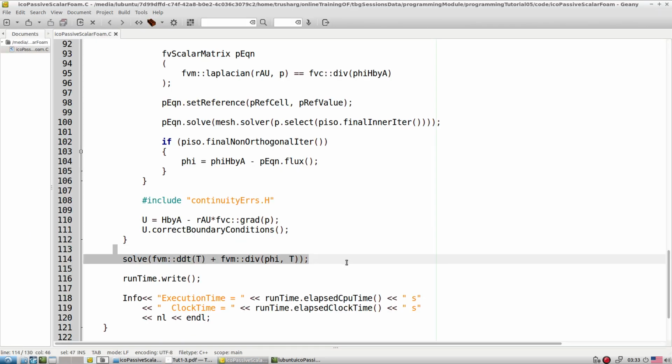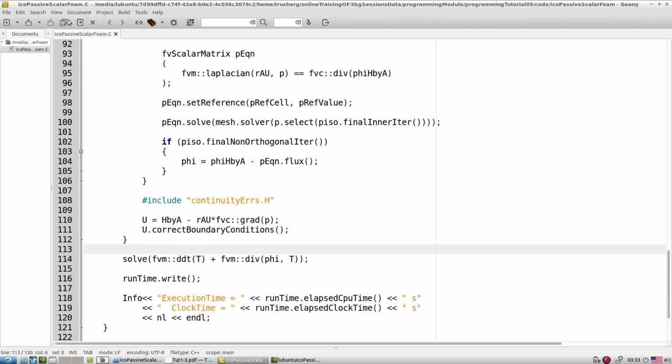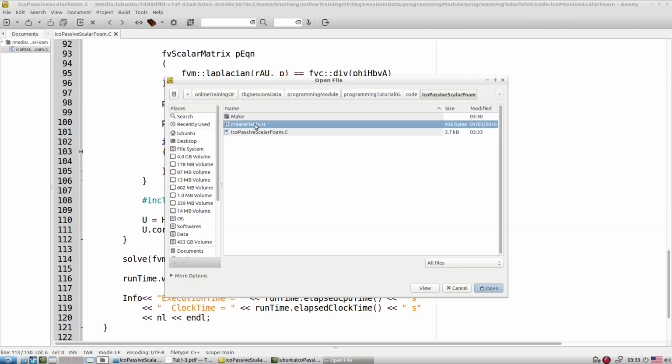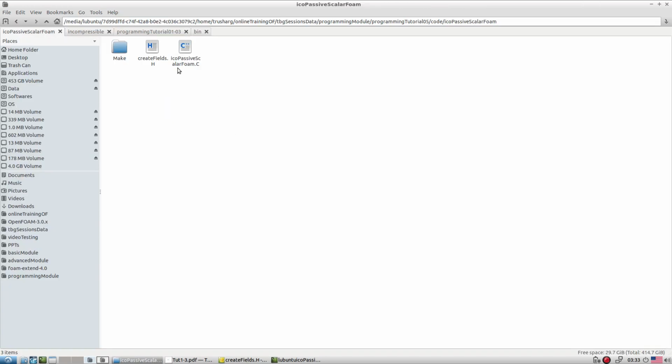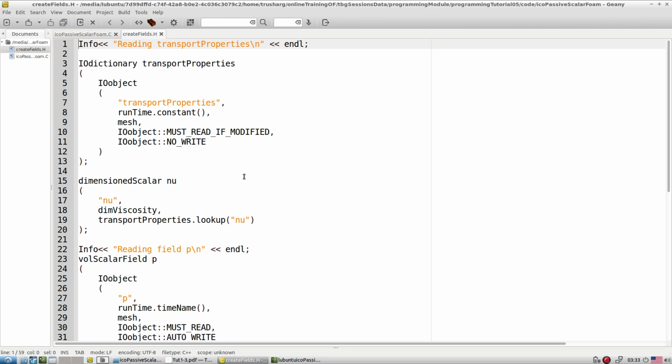Now whatever new variable is incorporated, we are supposed to define that variable. For that, first understand a few concepts here. In each folder you have a .C file and a .H file. The .H file covers all the variable declarations, like reading the transport properties.